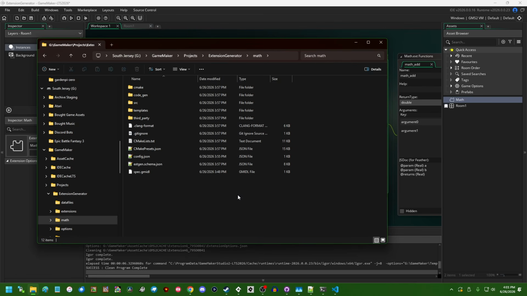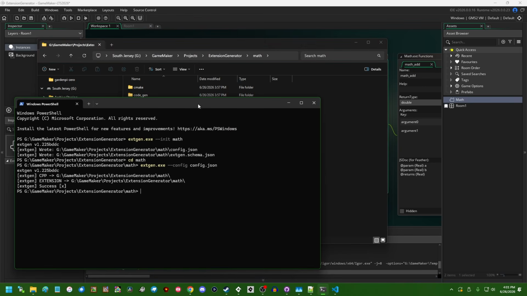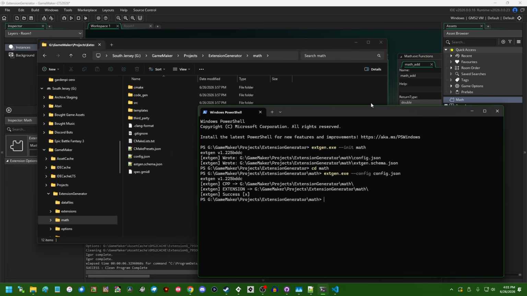So here you have two options. We're going to use cmake to either generate a Visual Studio project, which you compile yourself, or you can use cmake to generate the Visual Studio project and just compile it all in one shot. So if you just want to generate the Visual Studio project, we can say cmake